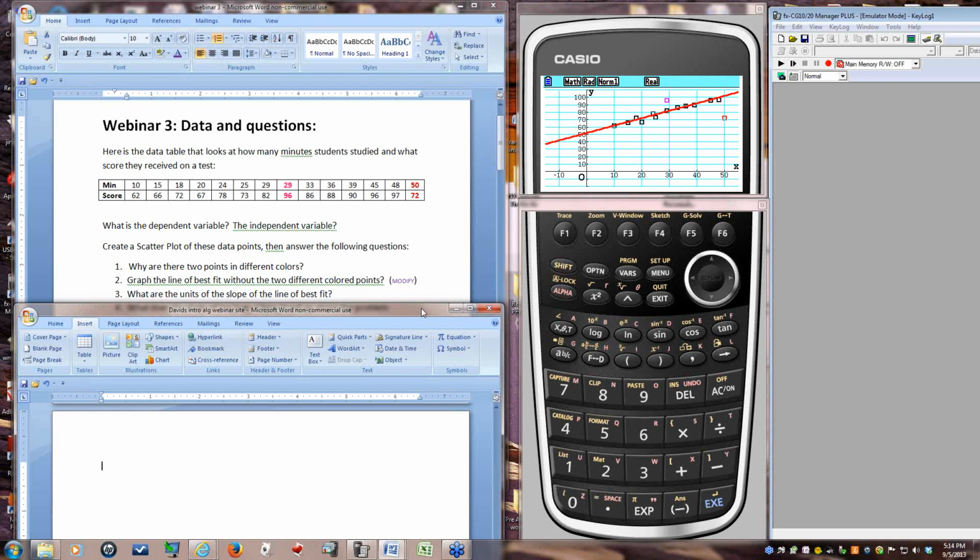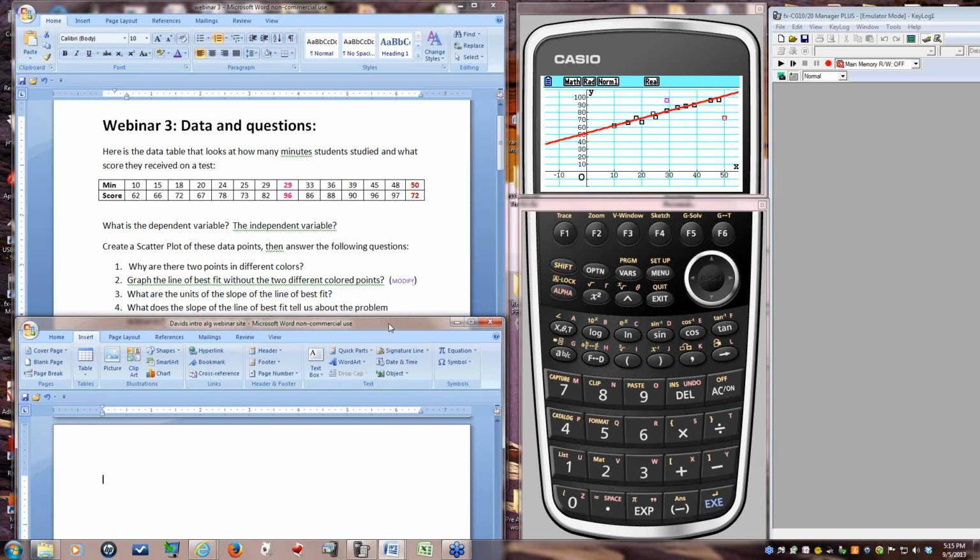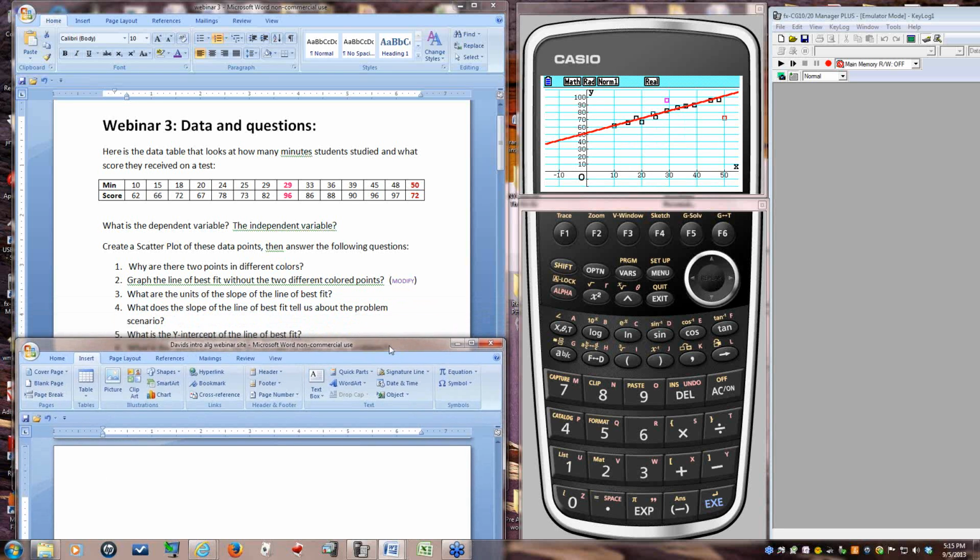And actually this one with the data we had, it says the slope was 1, if you remember that. So that says every minute you study, your score goes up 1 point for every minute you study. Now, it's not a y equals x looking line. It's not a 45-degree angle because I've got a vertical axis going up to 110 and horizontal axis only going to 50. So that's why it doesn't look like that kind of a line. What does the slope of the line of best fit tell us about the problem? Like I've already said, it says how many points per minute you have.